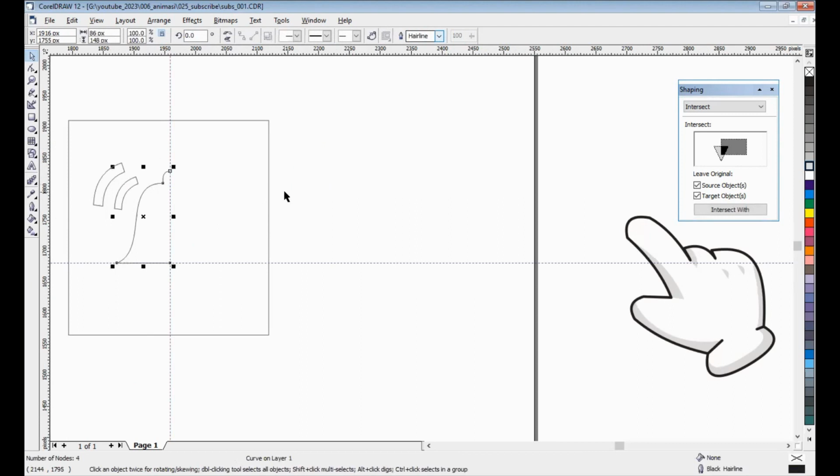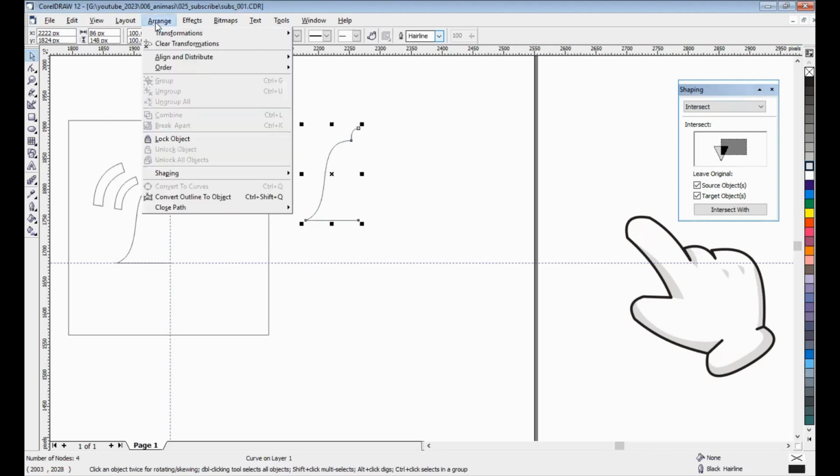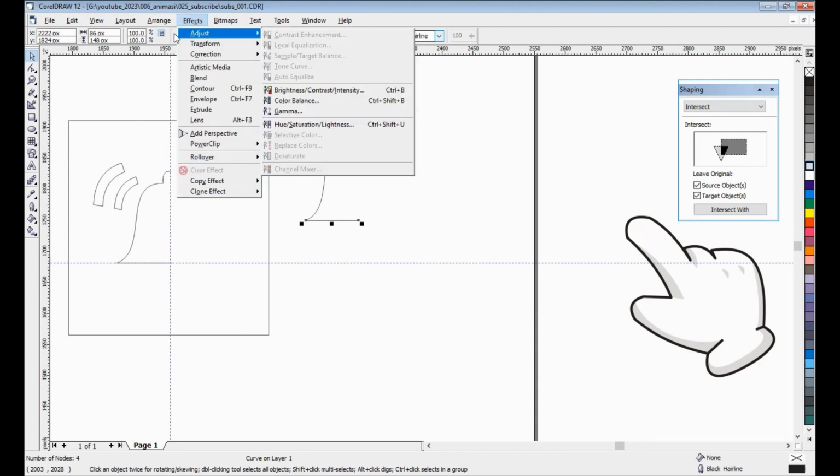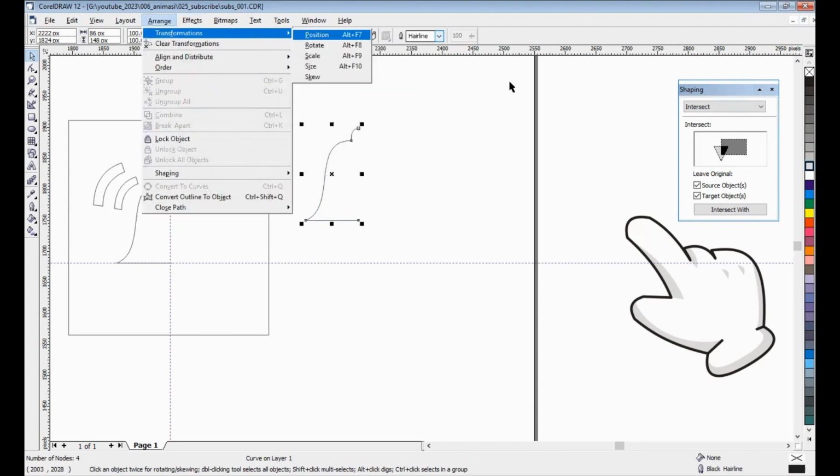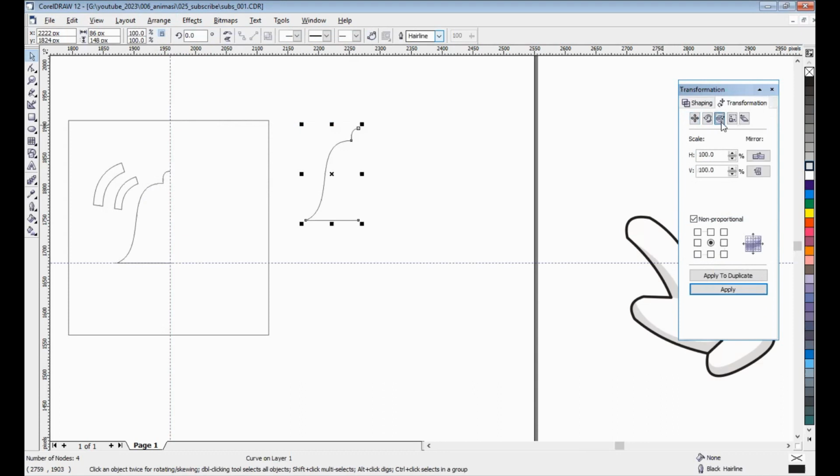I will copy, Control C, Control V. That's the result. After that, Transformation, Position, and I want to create a mirror. Mirror horizontal, and I put it here.